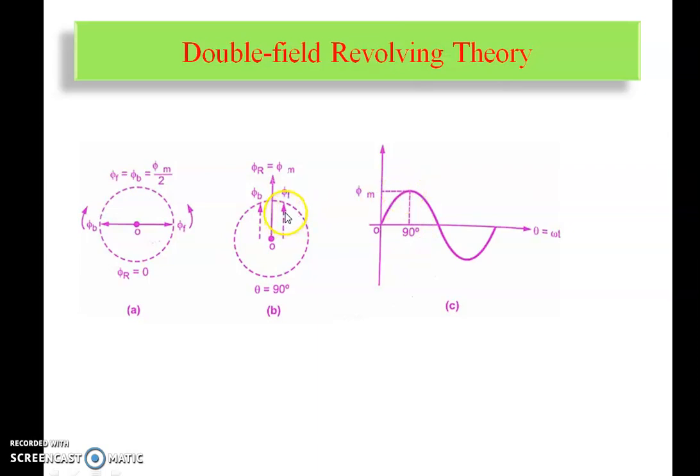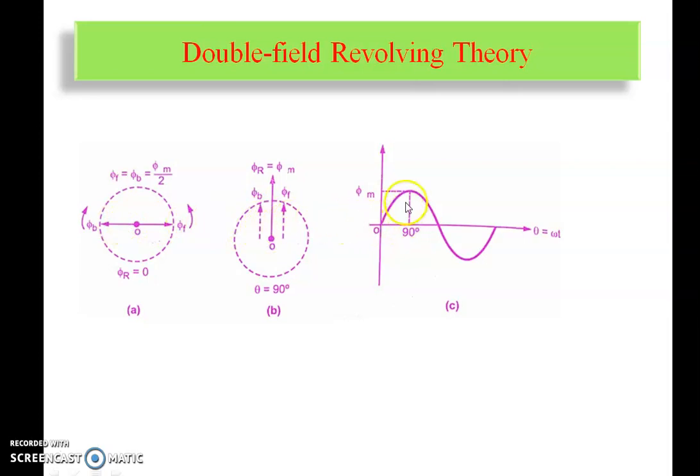So again phi m goes anti-clockwise and phi b goes clockwise. Both give the same diagram here, but instead of phi f I will get phi b. Just assume phi b rotates this way and the other rotates that way, both having opposite directions. Their magnitudes are the same but they flow in opposite directions.